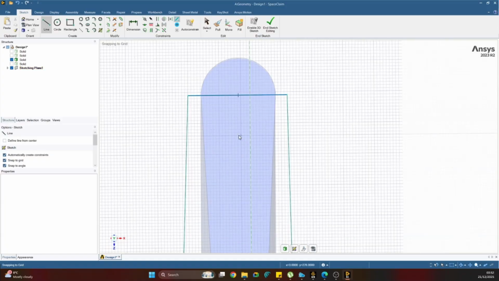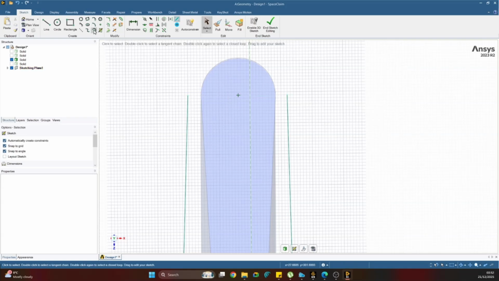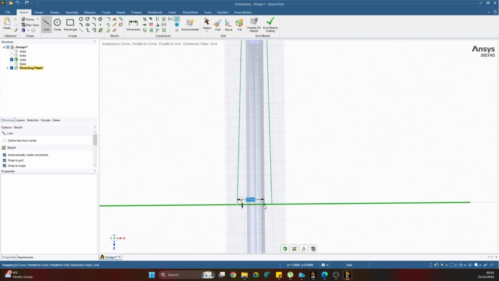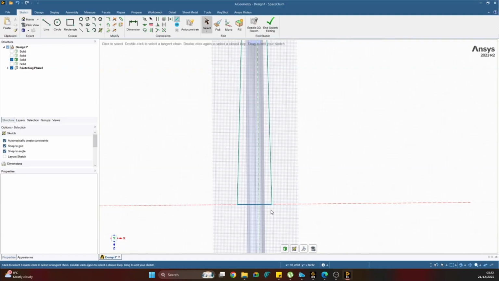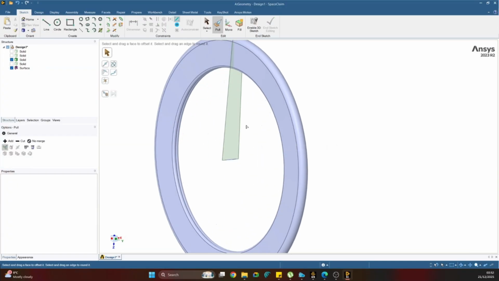So you can draw this kind of a sketch, and then maybe you can remove this and click on this 3-point arc. And now you can do it like this. Click on this, it will create a surface. Now we can revolve this surface to create a